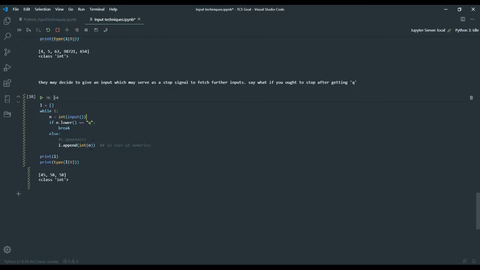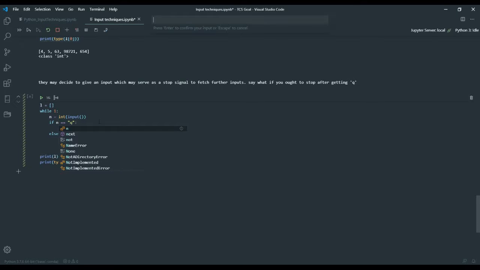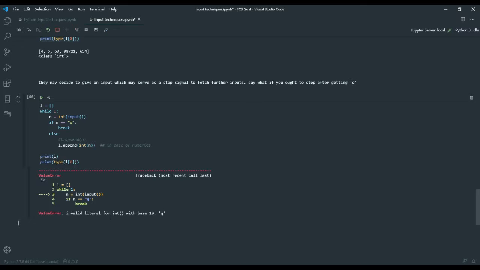One thing we could do here is, what if there's a series of numbers and then the sign is using Q? What if I gave integer directly above, when I'm fetching the input at the very beginning? When I try to fetch the input and a q is entered, it'll again show the error that we saw in the type video, because you're trying to fetch a string and convert it to an integer.